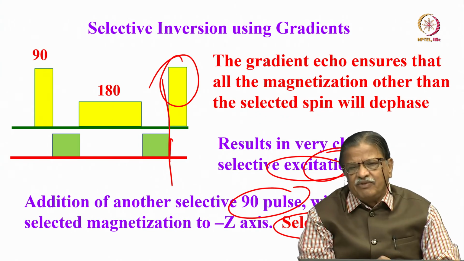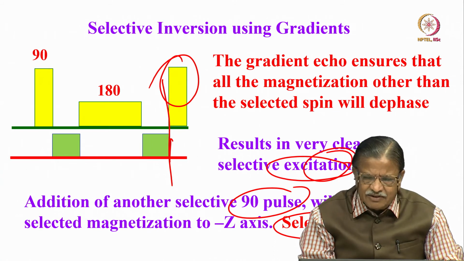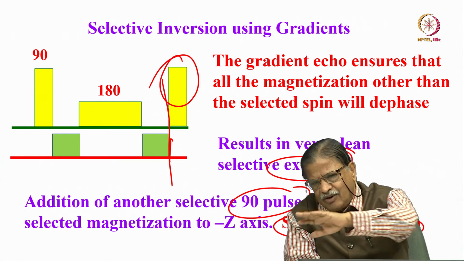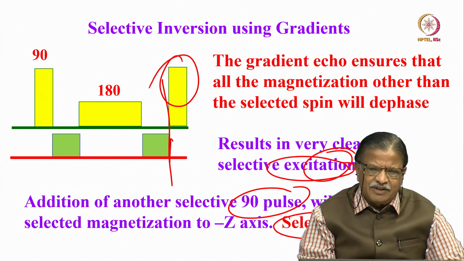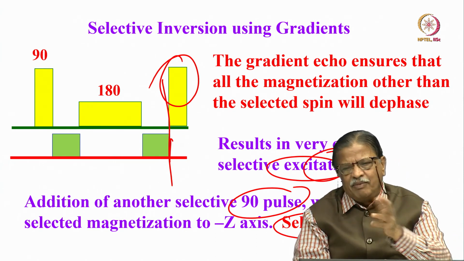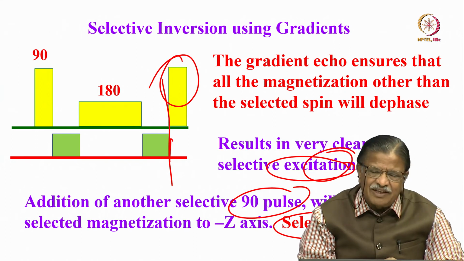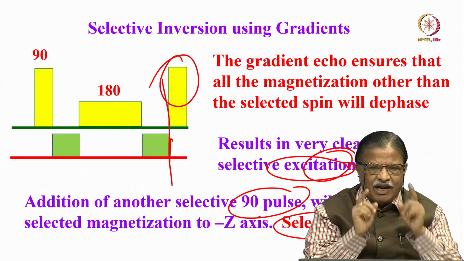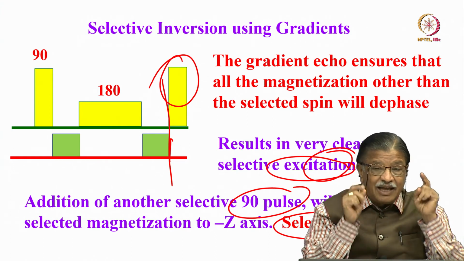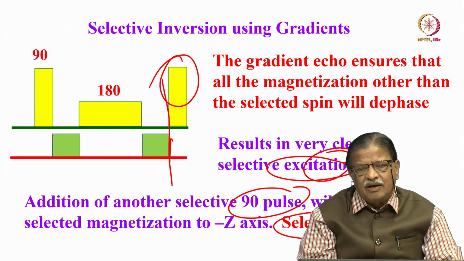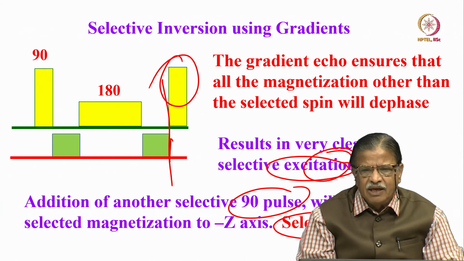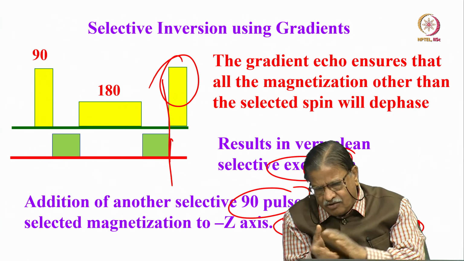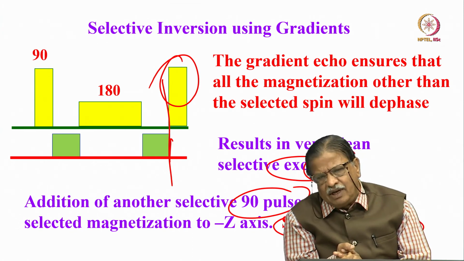Z rotation can be reversed by applying a counteracting magnetic field gradient of equal and opposite strength. Then you are going to get back the magnetization. Whatever is dephased, you can get back, and this is called rephasing of the magnetization. You can use the gradients by applying them before and after the pulse to select a particular coherence pathway, for the homonuclear case and also for the heteronuclear case.